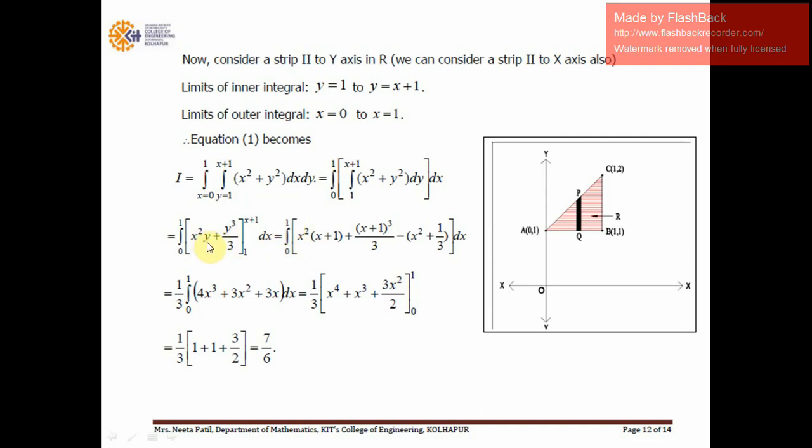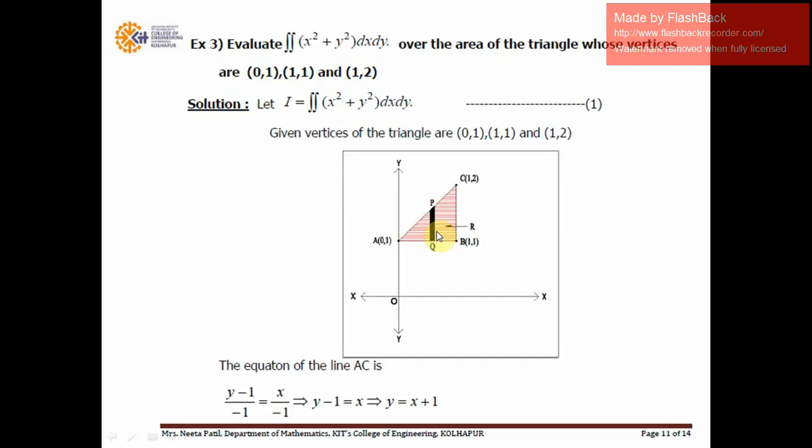Now put y is equal to x plus 1, so we get x square into x plus 1 plus x plus 1 cube upon 3. Now you put y is equal to lower limit minus first term, you get x square, second term 1 upon 3, into dx. You simplify these terms, we get